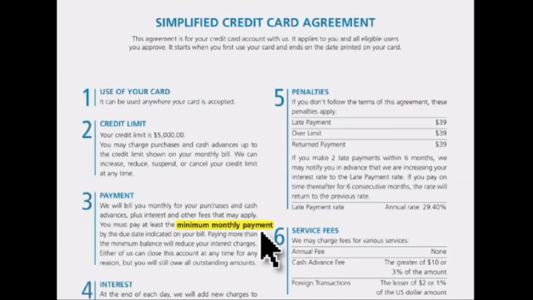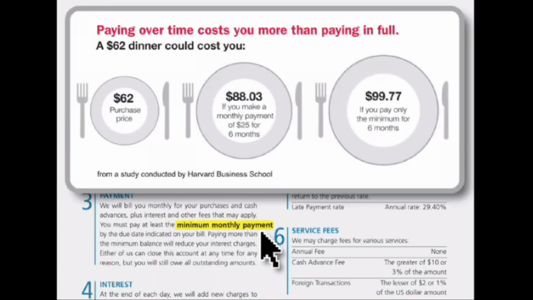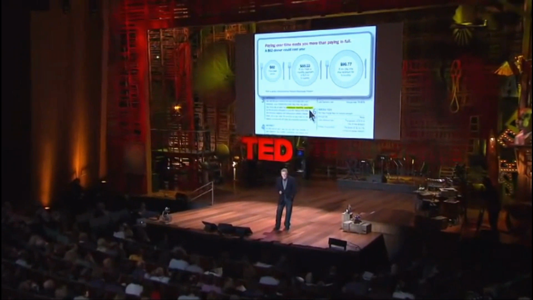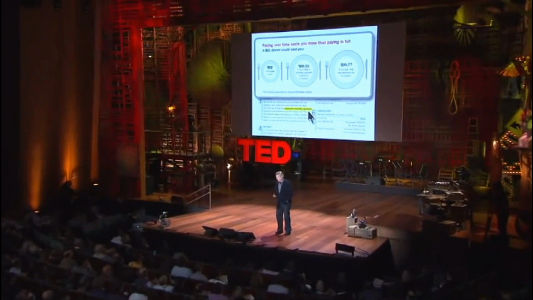Now, I went one step further and said, why do we have to stick with the stodgy lawyers and just have a paper document? Let's go online. So many people might need help in computation. Working with the Harvard Business School, you'll see this example when you talk about minimum payments. If you spend $62 for a meal, the longer you take to pay out that loan, you see over a period of time using the minimum payment, it's $99.17. How about that? You think your bank's going to show that to people? But it's going to work. It's more effective than just computational aid.